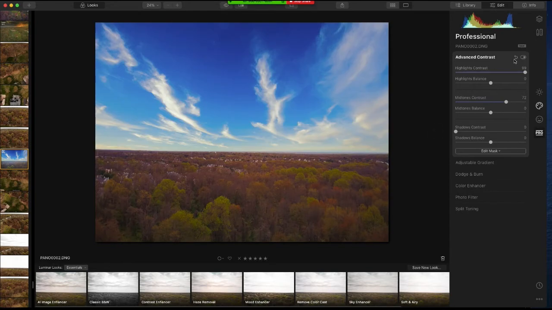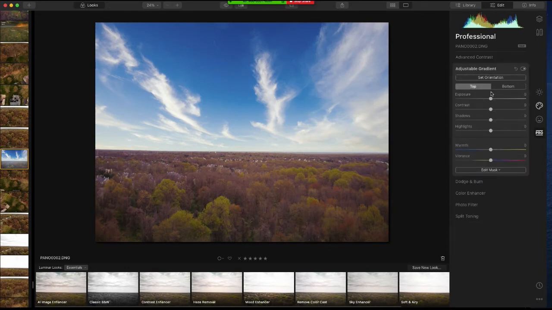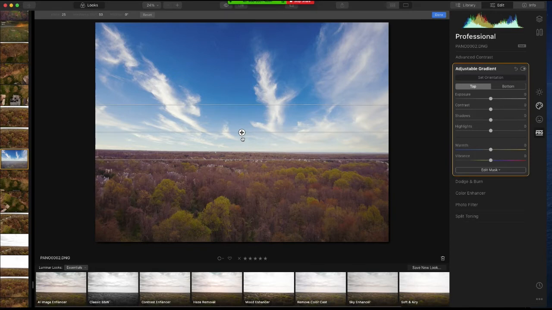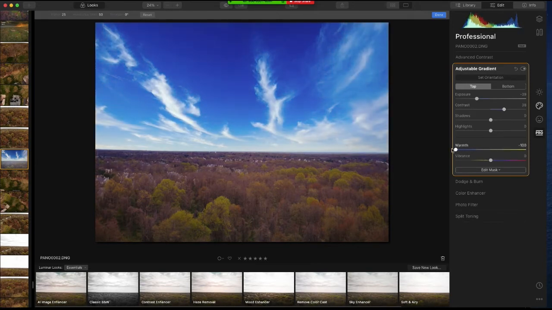I can do this or undo this. At the same time, the next one is adjustable gradient. Basically it divides this image into parts. I can say, okay, I want to split this from here, top to bottom, reduce. I can say contrast, make it more bluish, more yellowish. The bottom, I want to make it more warm,